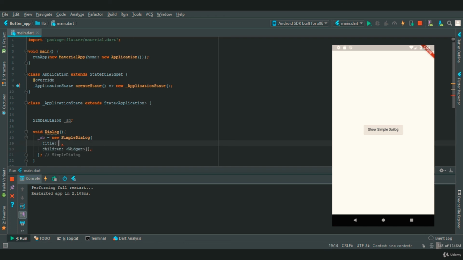Now in title we need to provide a text, and let's assign a string as Choose from 1, and in children we need to provide choices.